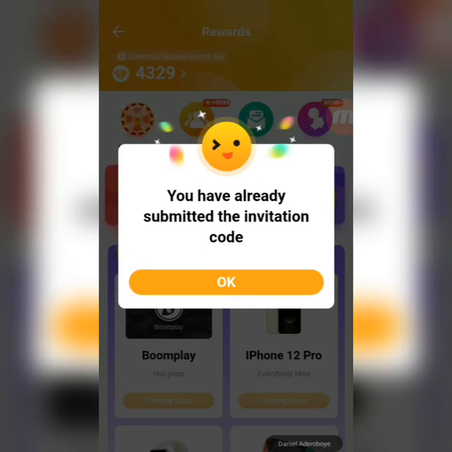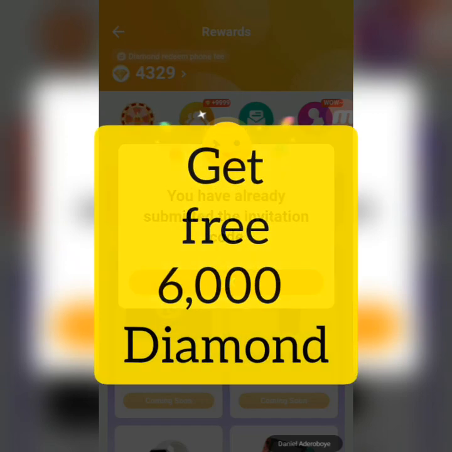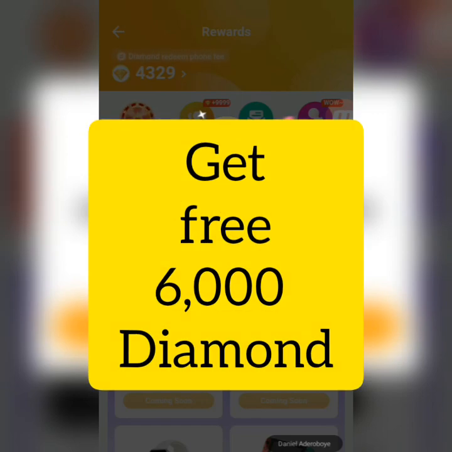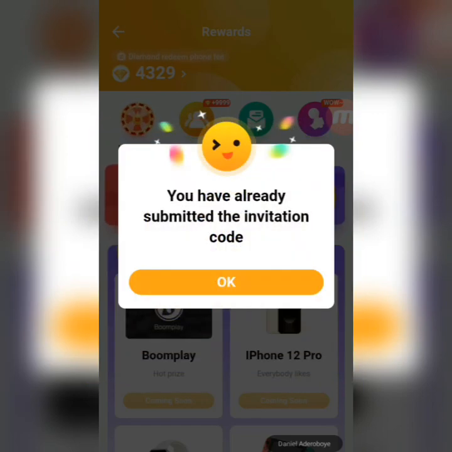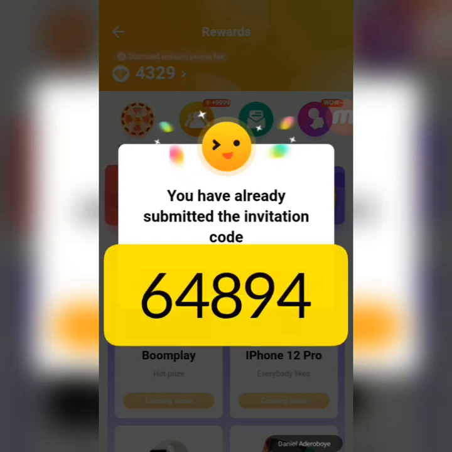So my own now, somebody invited me. And automatically I got 6,000 diamond. So you are going to put in my own invite code because I'm the one inviting you in this case. And my invite code is 64894. So you see it on the screen and you see it below. Just put that invite code there, and automatically you'll be given